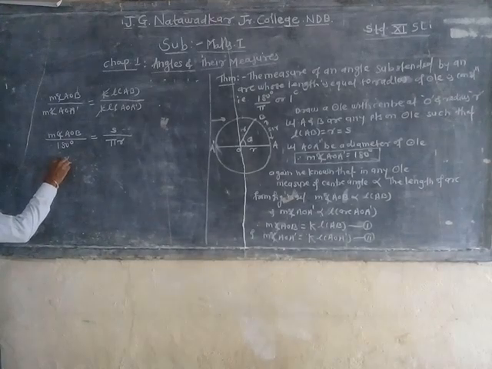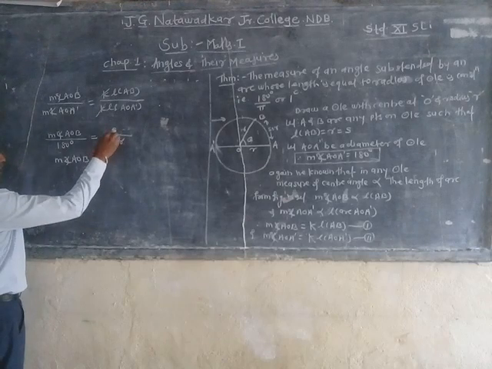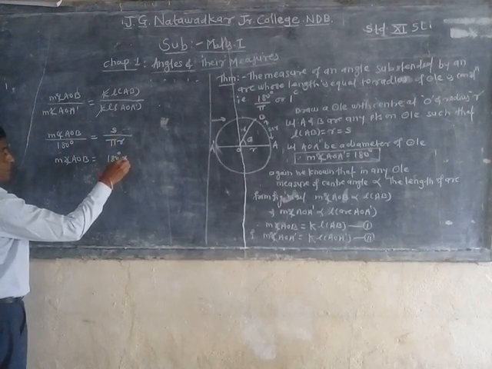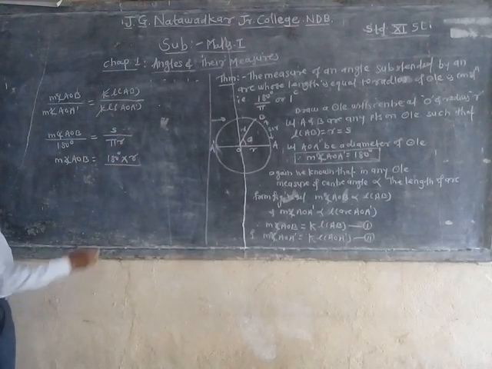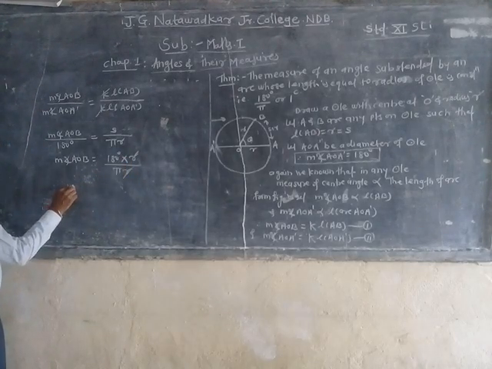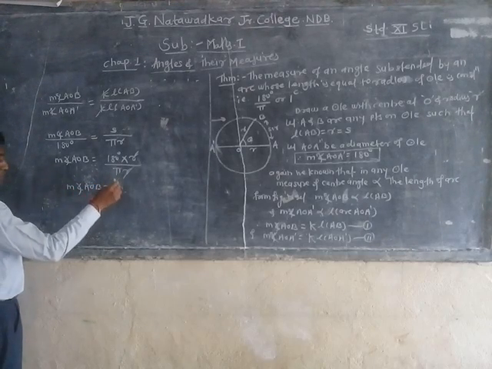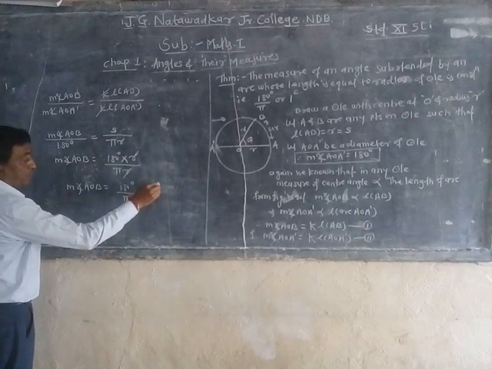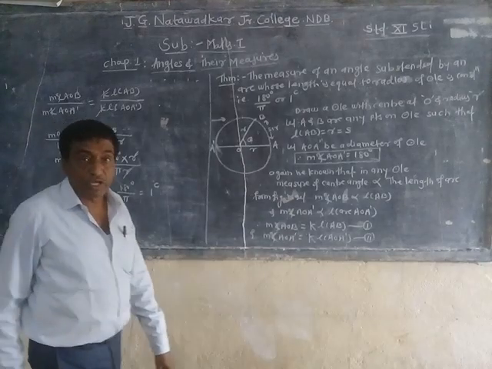Therefore, by simplifying, the measure of directed angle AOB is equal to, I will cross multiply, 180 degrees multiplied by r, and s and r are both equal here, so instead of s I will write r, divided by pi into r. The r's get cancelled, and therefore the measure of angle AOB is equal to 180 degrees upon pi, and it is said to be 1 radian, and it is the measure of the central angle, and that's why this theorem is true here.